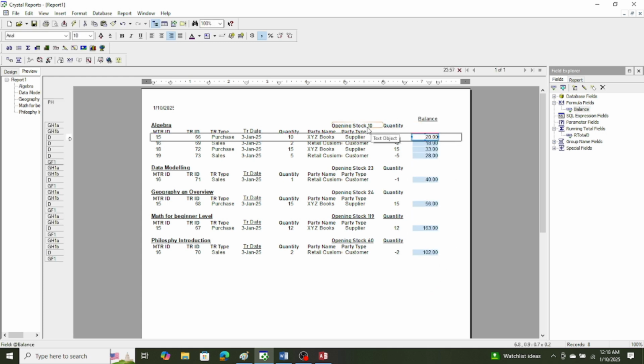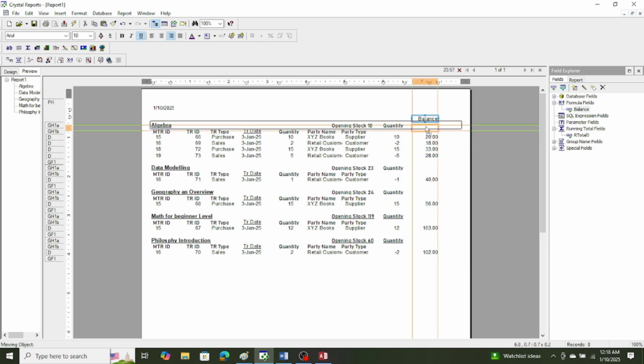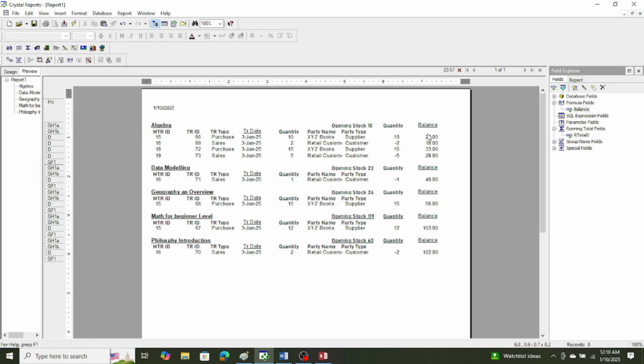And now you will see that in the opening stock we have 10, and then we bought from the supplier, transaction type purchase, so books come to 20, balance becomes 20. Okay, so the balance became 20. Then we sold books, minus,